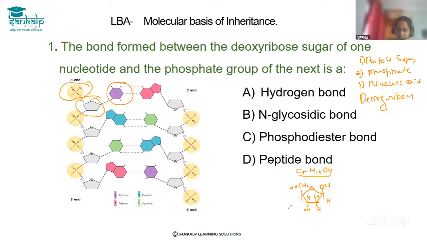Okay, and then the phosphate group is present here, right? So the phosphate group will be like this. And then here one more phosphate group is present, attached to another deoxyribose sugar. To explain the bond, I am writing both the phosphate groups here. So on both sides of the pentose sugar, it is connecting to the phosphate groups. Okay. So here, if you observe,